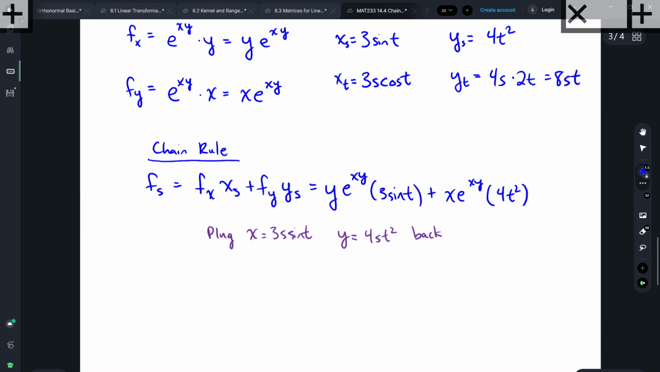Okay, so let's do that. So y goes here, and then x and y go here. So what do we get? Let me start from the left side because I'm going to need a lot of space. Okay, so we get